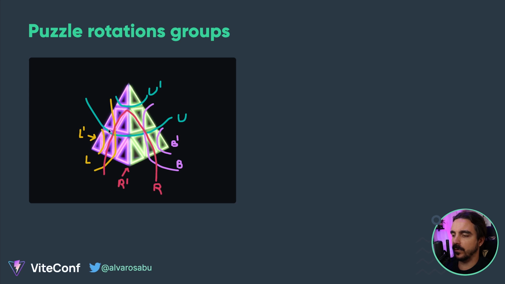So we have different groups. We have the L groups, which are this triangle here, and then L prime, which is just the tip of this side. Then we have the same notation for the upper group. So the upper group is all this pyramid in the top, and the prime one is just the tip. Same for the back part and the right part. So this is kind of difficult because I actually have the puzzle here.